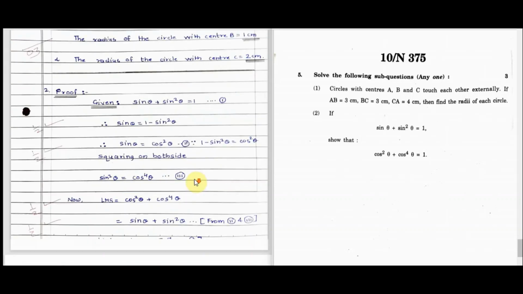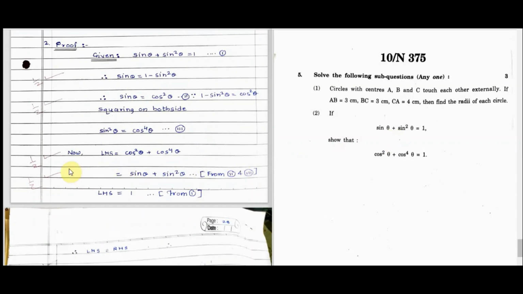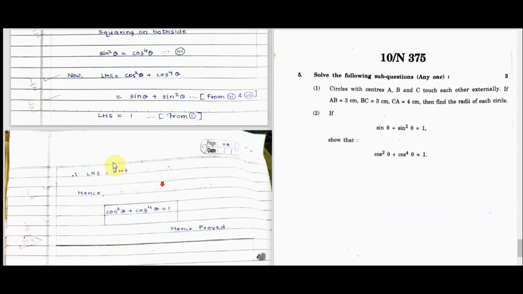Okay. Now lastly, prove that. Now trigonometry is there. The condition is written. Conversion, that is sin theta equal to 1 minus sin square theta. That is from the given, half mark. Okay, now you know that 1 minus sin square theta is cos square theta, half mark. Along with the reason you have to write. Okay, then LHS: writing LHS and then solving it, you will get half mark. And here lastly LHS equal to RHS, half mark, and final proof, half mark. You will get 3 marks.